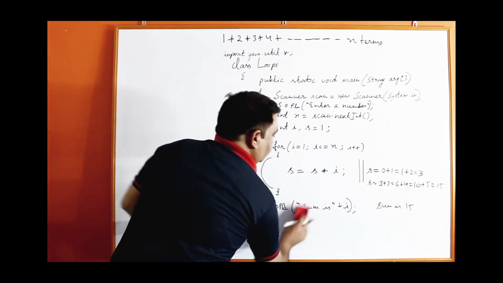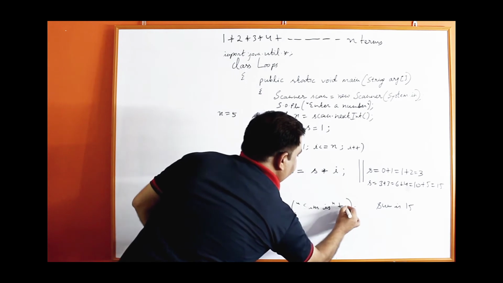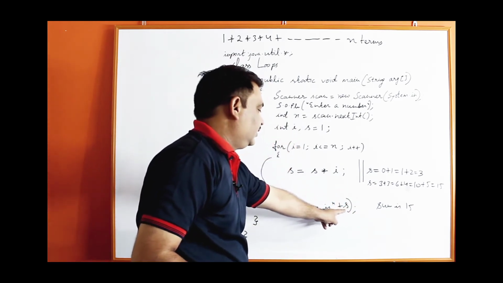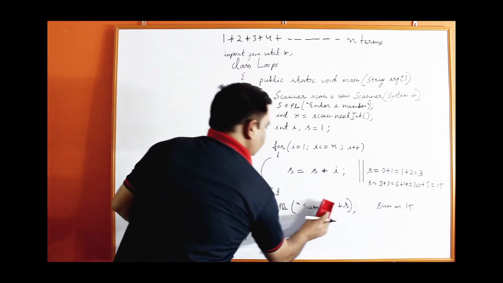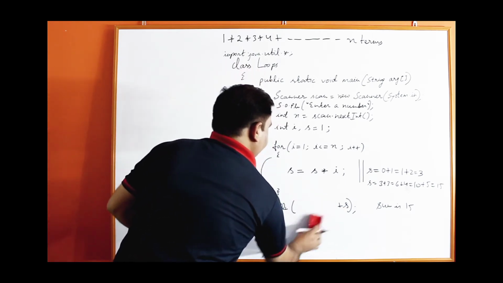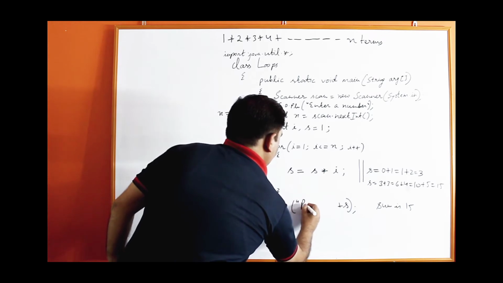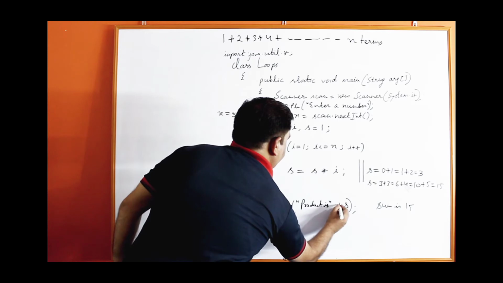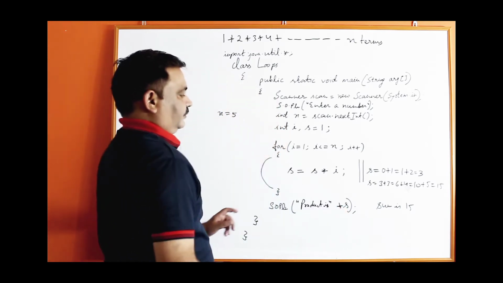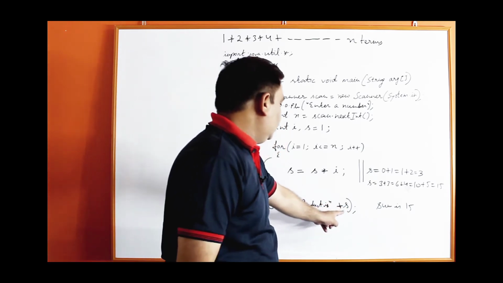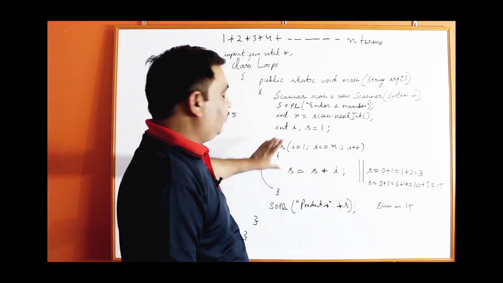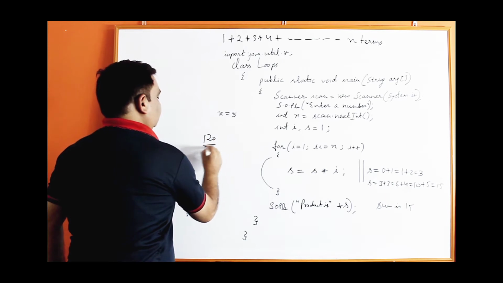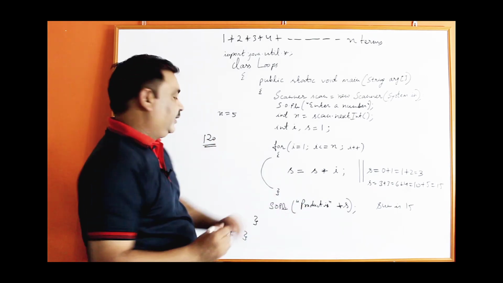Finally, here in place of i you have to print s. In the previous program, s is what I have printed. In the same way in this program also, print here "product is" s. So the final product up to the first 5 natural numbers will be 120, which is also called factorial.